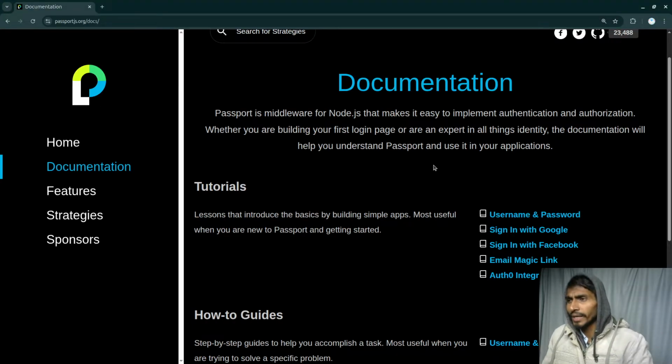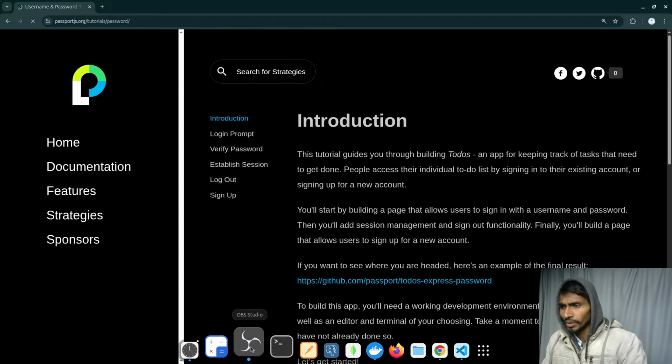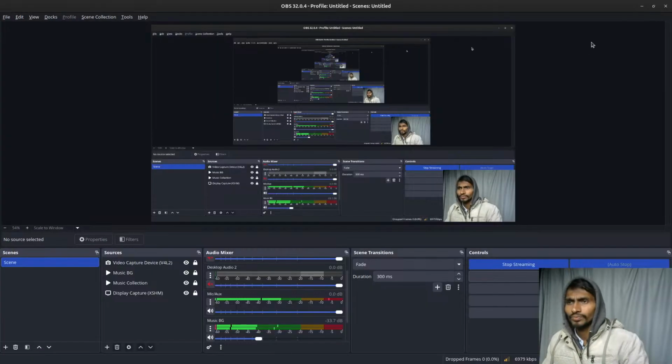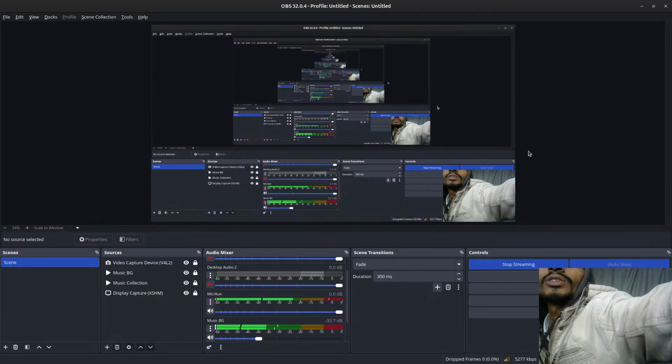Alrighty, almost everything's clear right now. So username and password, I had to just simply go with this. I'll try to make it as quick as possible so that it doesn't take a lot of time. Having said that, I need to have good internet connectivity for that. Okay, it should be a little out.